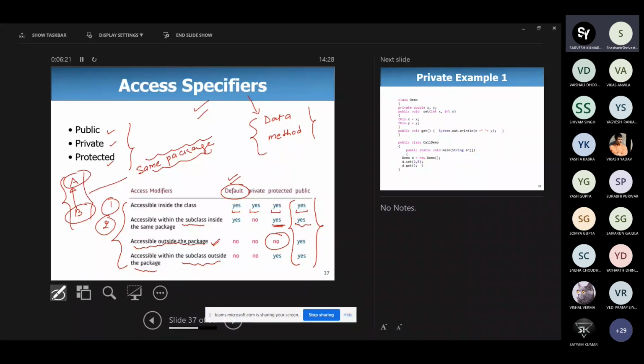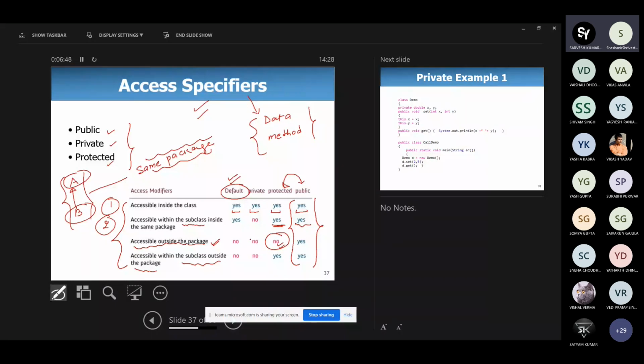Okay. So here, if you compare protected with public, public is less secure as compared to protected. But here you can see that in the case of protected, there are feasibilities in 3 cases, but in one case you cannot access it. Only in one case, means outside of the package, you cannot access this. But outside of the package, if there is inheritance, then you can access it.